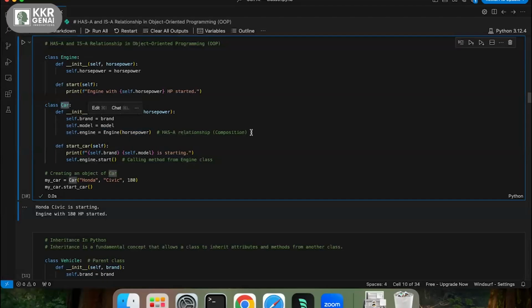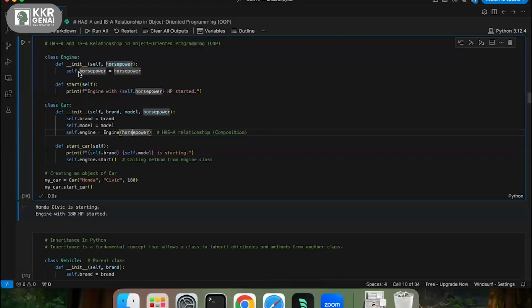Someone has also asked a question in the chat. I read the chat. They ask, can we transpose 15 variables from one class to another class? Yeah, in some sense, the has-a relationship does that.